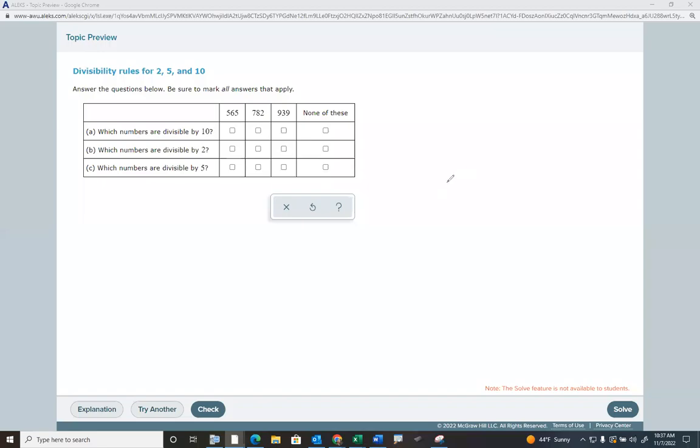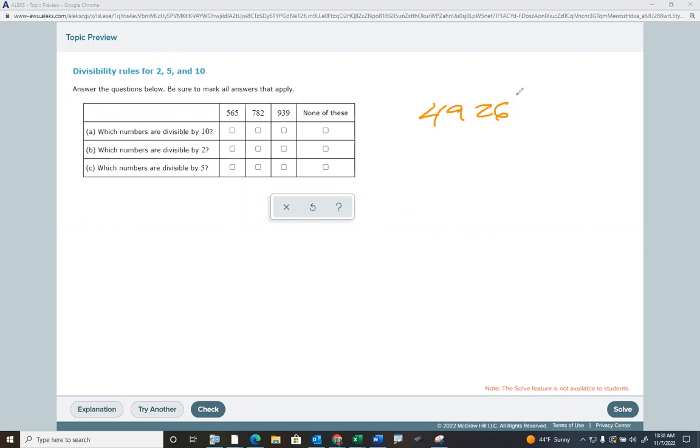Okay, so in this first topic, divisibility rules for 2, 5, and 10, you're probably familiar with them already. And maybe not though, and either way is fine. So a number is divisible by 2 if it's even. So